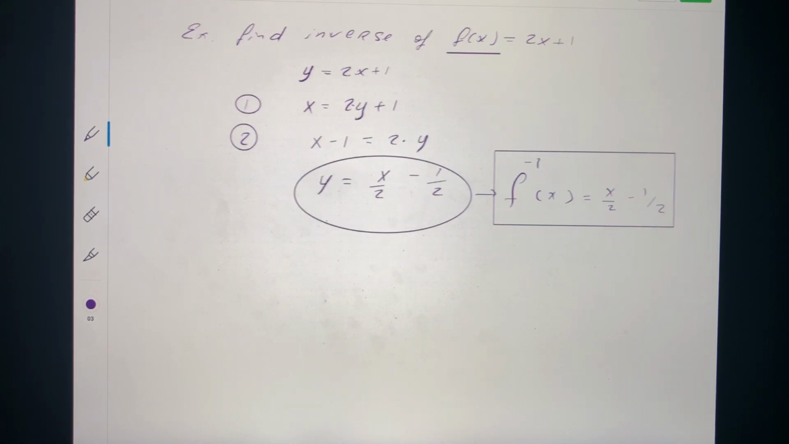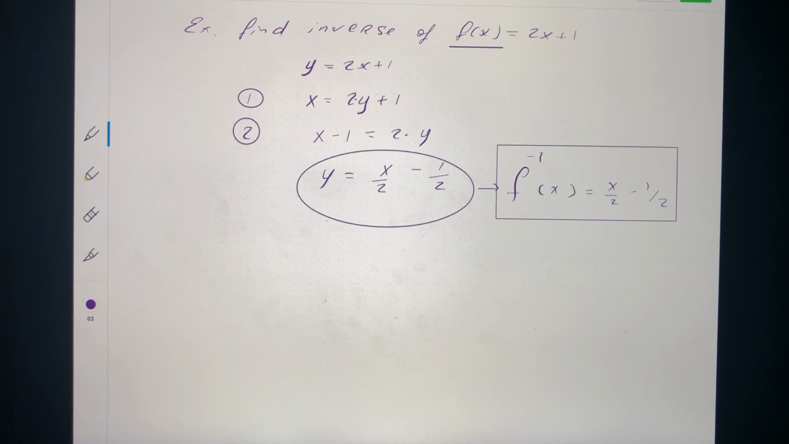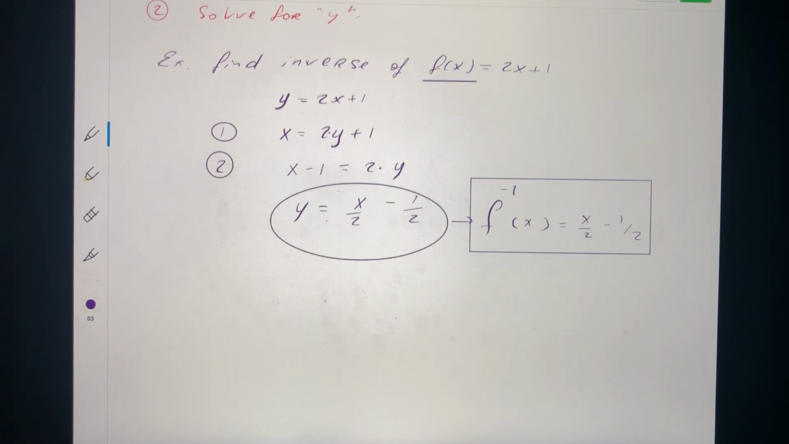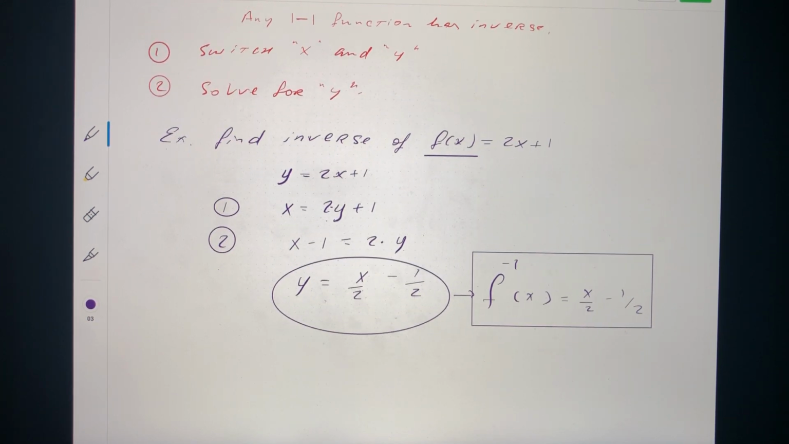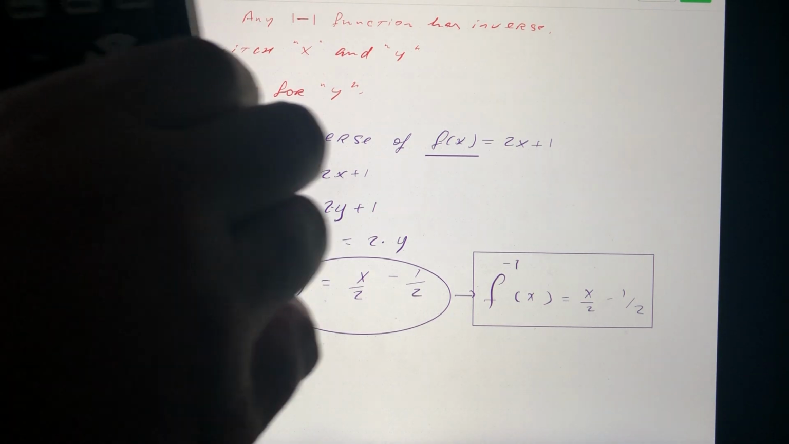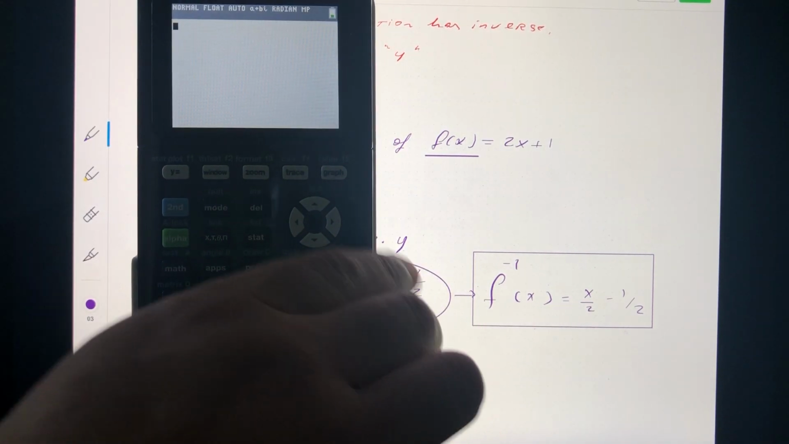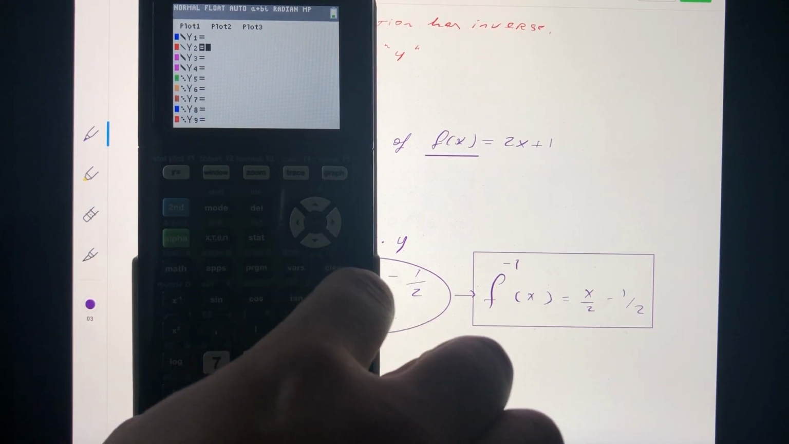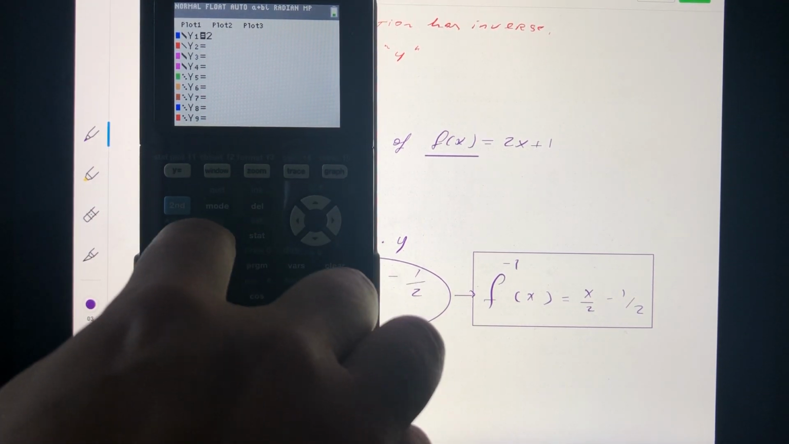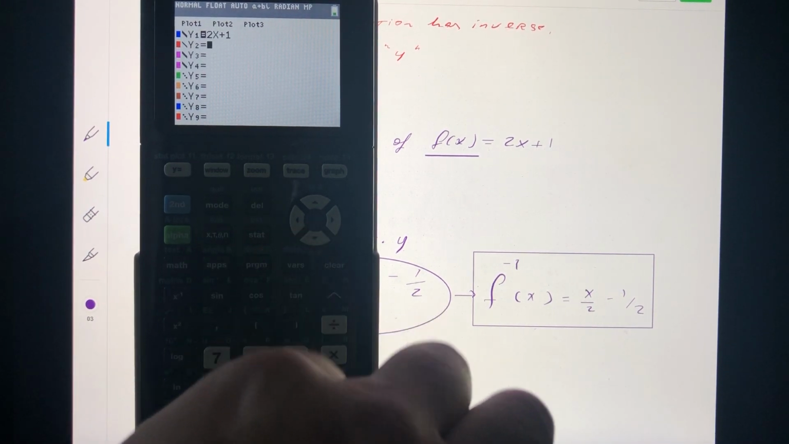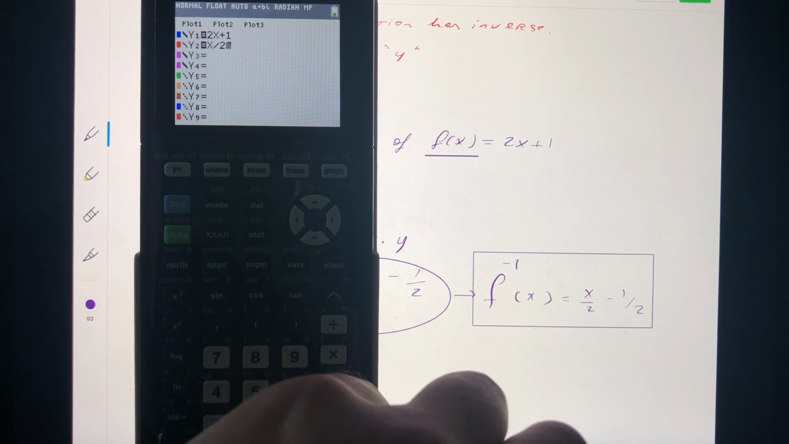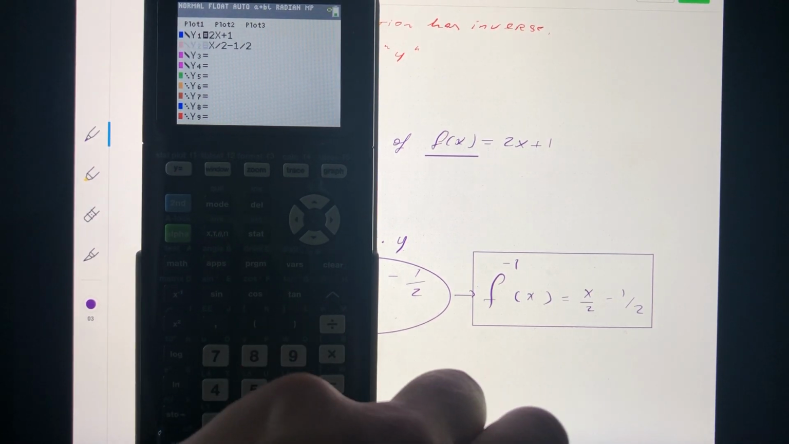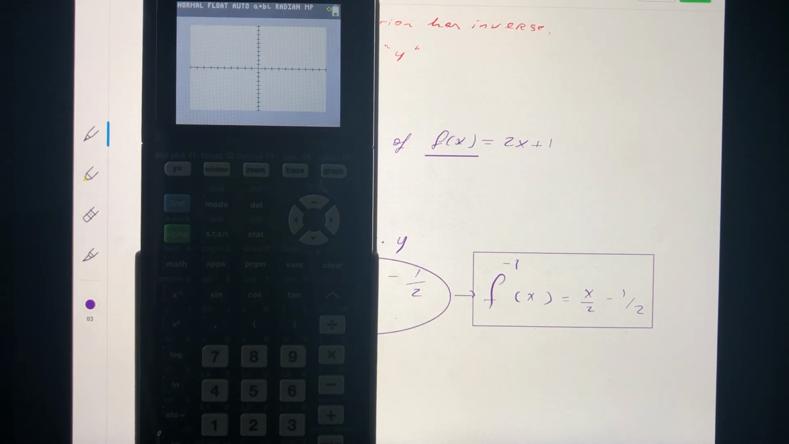Now the inverse functions have a very interesting property, so let's look at them on a calculator and we'll see what that property is. So we will make a sketch of the original with the inverse and we'll notice what they have in common. So let's type in the original, 2x plus 1, and then let's type in the inverse, x divided by 2 minus half. And let's look at a picture. So here comes the original, here comes the inverse,